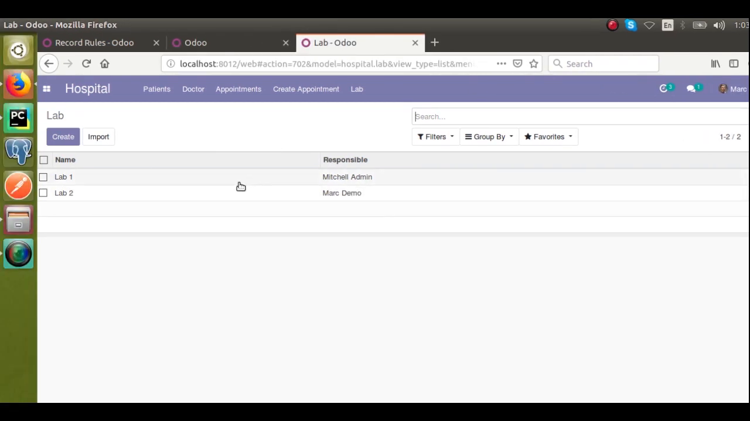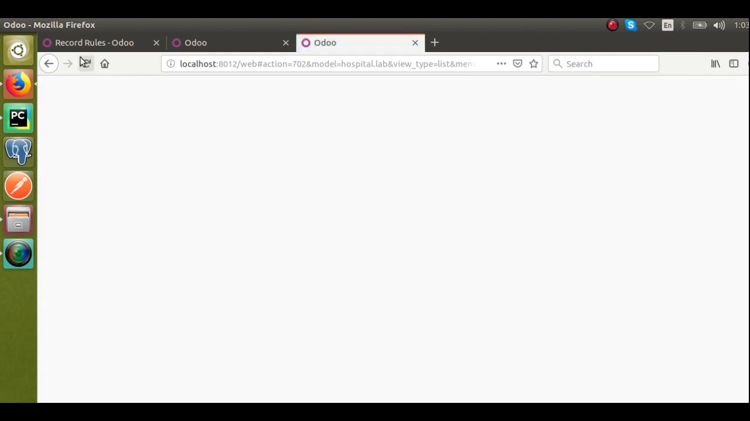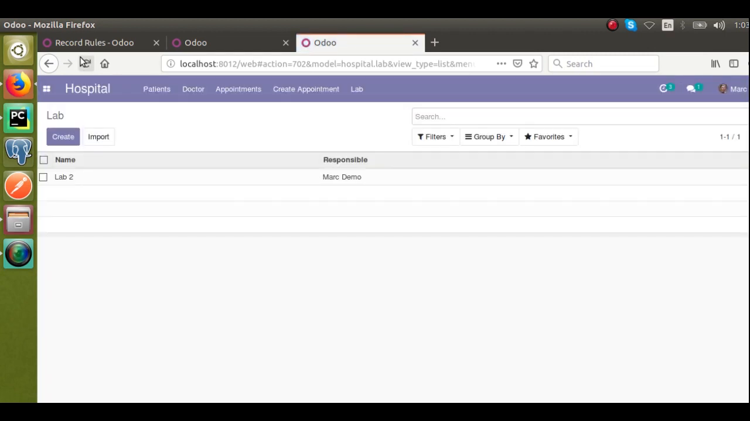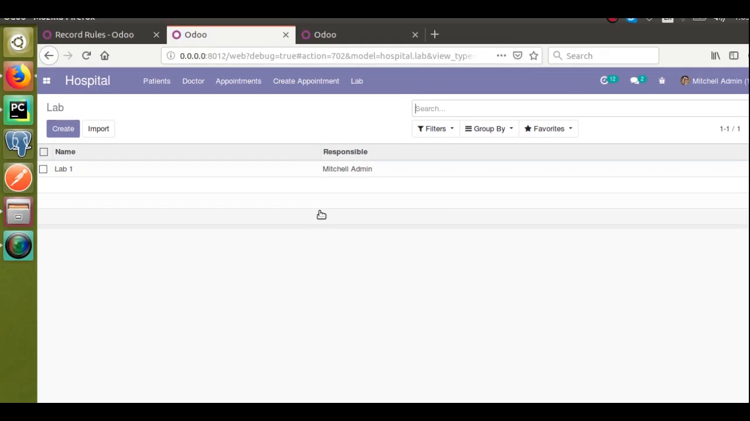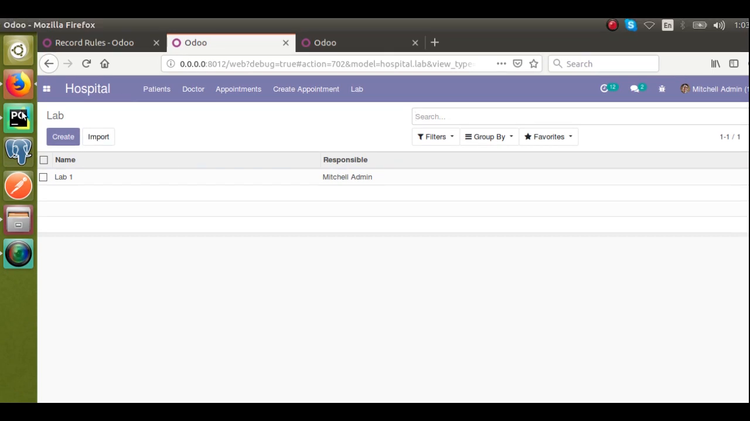Right now, before reloading the screen, you can see there are 2 records. What happens once the screen is reloaded is that you will only see the second record. So I'll just reload the screen. Once the screen is loaded, you will only see lab 2. You can see right now Mark Demo is only seeing his record and Mitchell admin is only seeing his record. This is the use case of the record rules. This is the domain we have given, that is, he should only see